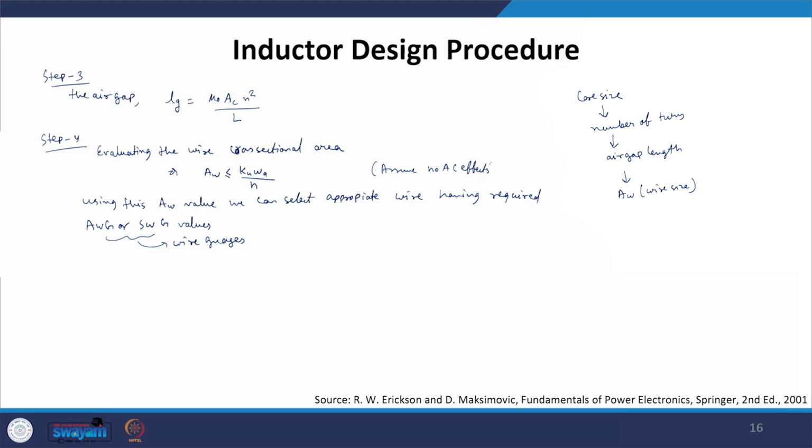So, using this we can define how we can physically realize our inductor, where we have selected the appropriate core size and we have selected the required number of turns. We have also calculated how much air gap length to be introduced, and then what will be the size of wire which has to be used to wind this particular inductor, and that is when one can obtain the inductor.